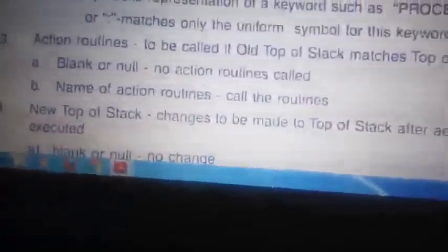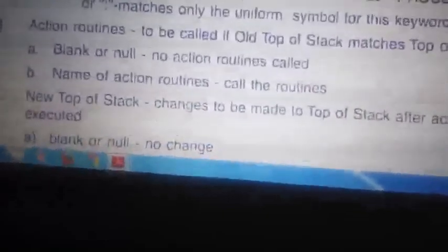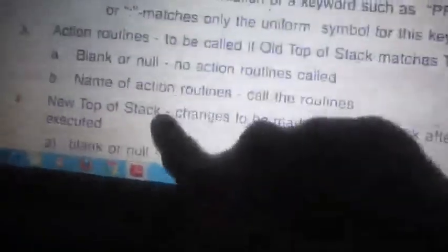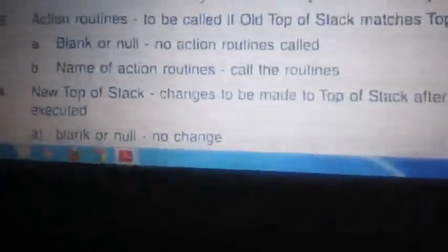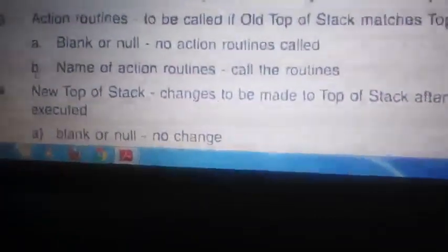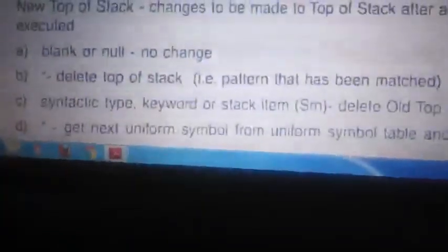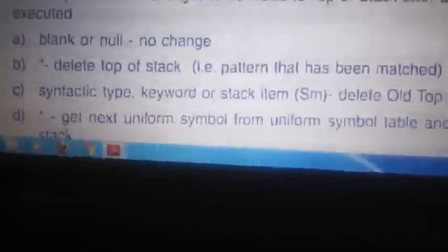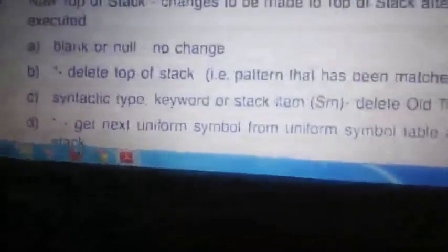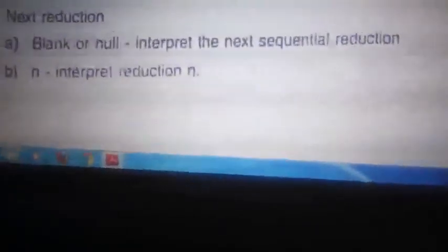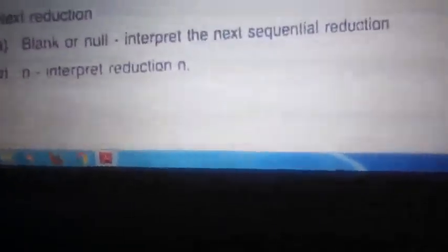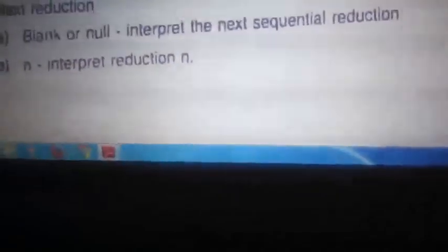Whenever the old top is matched and the action routine is called, then we need to adjust to the new top of the stack, meaning the next oldest entry becomes the new top of the stack, and again we do the match. If a match is found, then the action routine is called, else it gives an error, right? You are deleting the old top of the stack and getting the new top of the stack. So this stack is used just for reduction purposes, to check whether the token or syntax is matched. If the syntax is matched, then call the action routine.